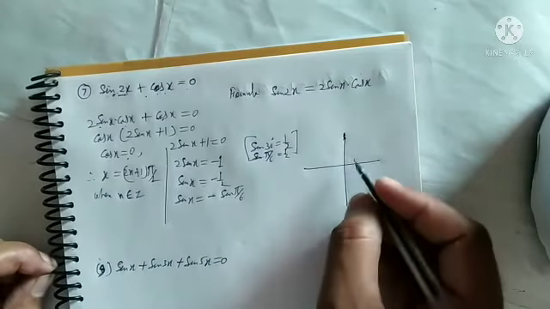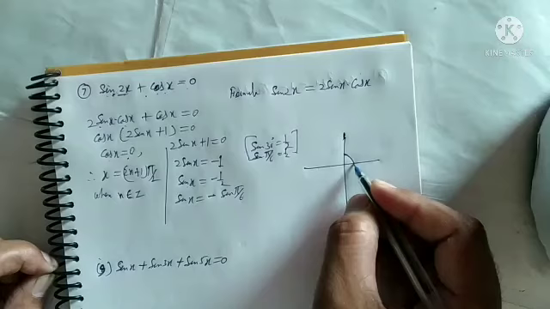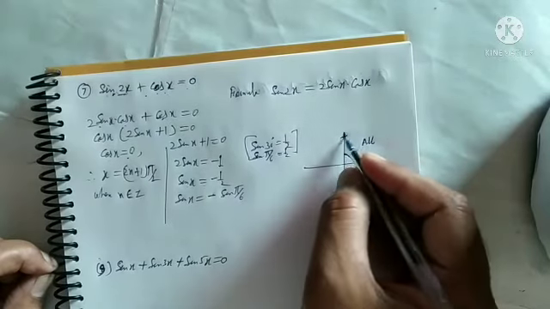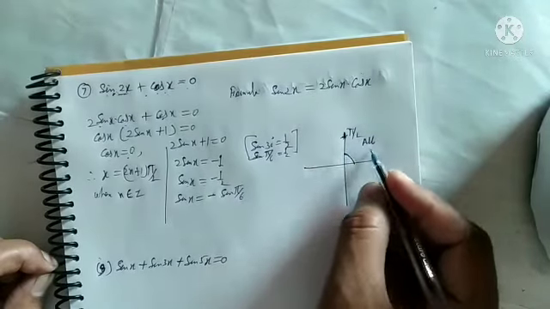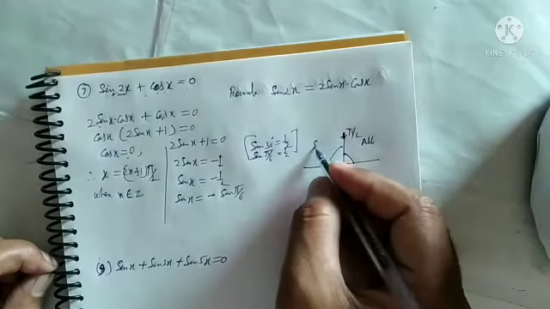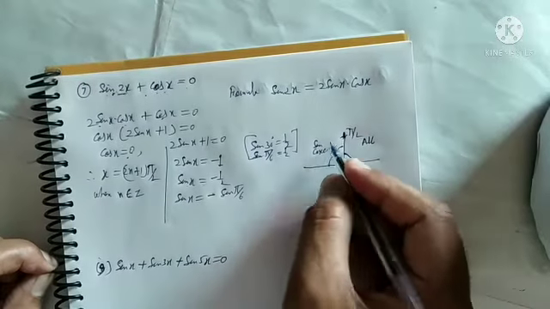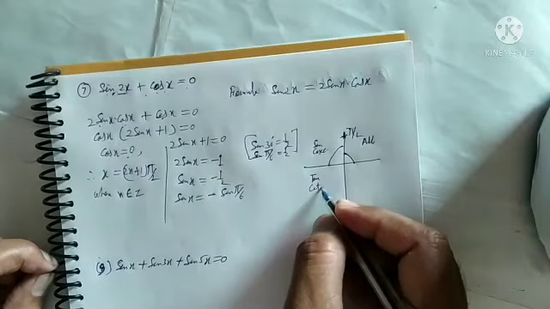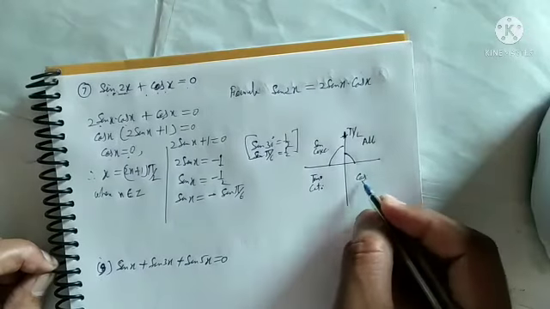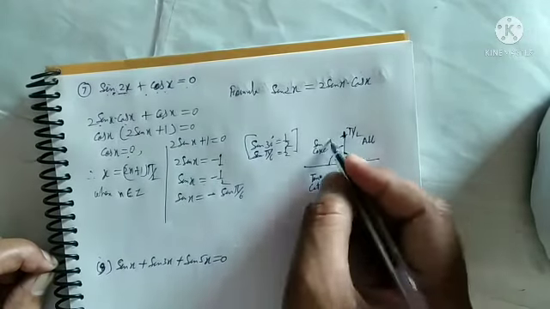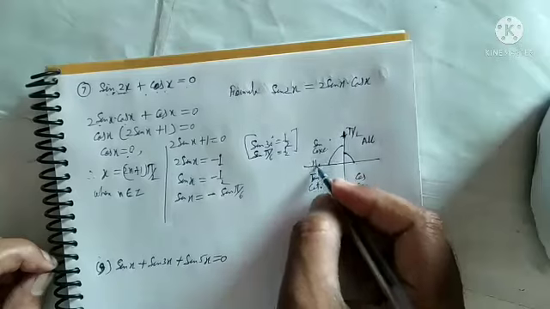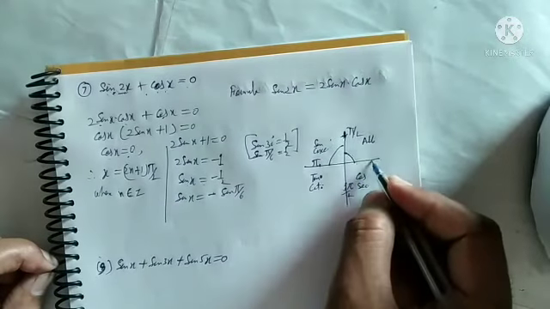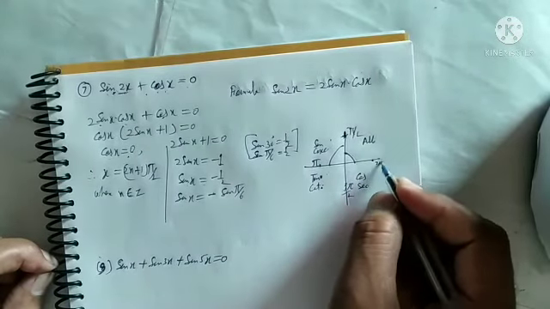So what is the first quadrant concept? This is the first quadrant, and in this quadrant all trigonometric ratios are positive. Here sine and cosec are positive, here tan and cot are positive, and here cos and sec are positive. First, second, third, fourth. This is pi, this is pi upon 2, 3 pi upon 2, and this is exactly 2 pi, you can see.